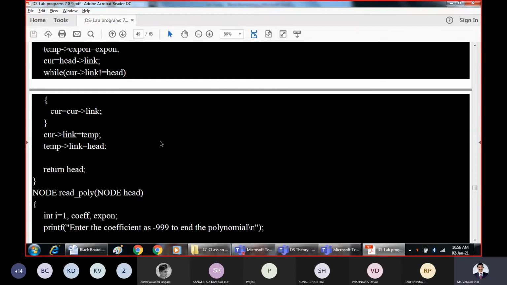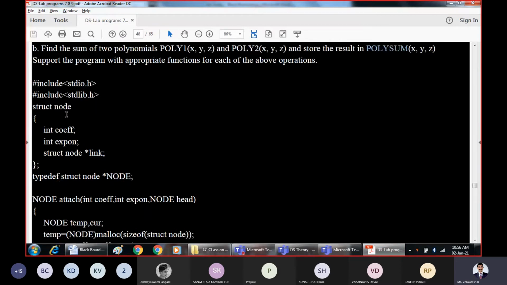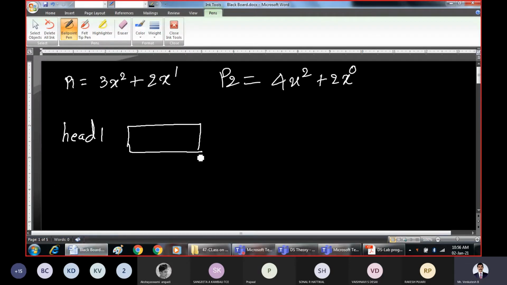The structure definition is given here. Every node is going to contain struct node: coefficient, exponent, and a pointer to the next node. So every node contains coefficient, exponent, and pointer. I'll just write it right here.